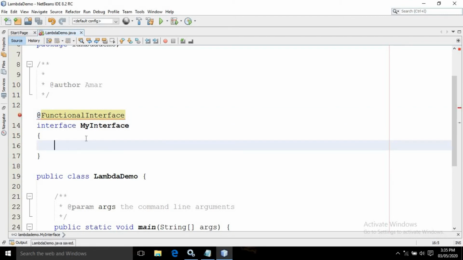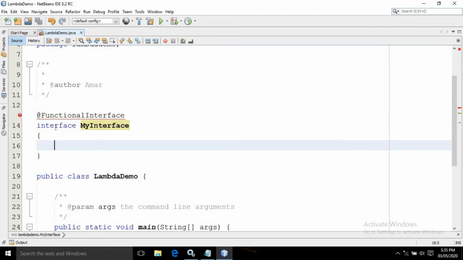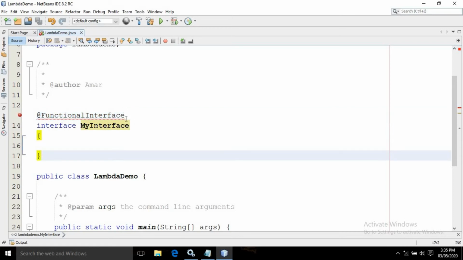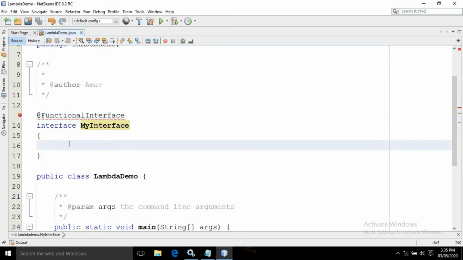Once I write this, it is generating an error. Why? Because I have annotated this interface with FunctionalInterface, so it must contain one abstract method, otherwise it will generate a compilation error.